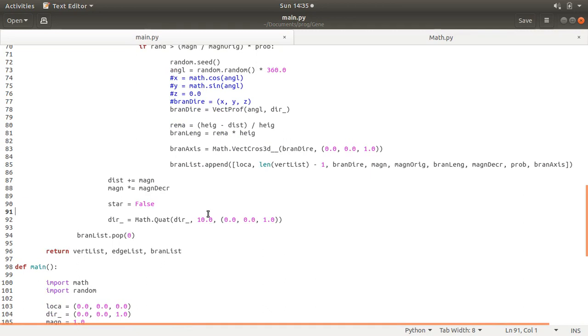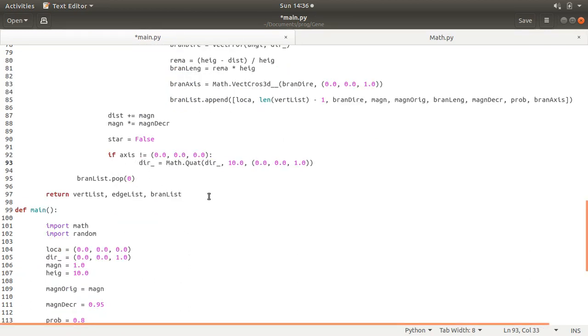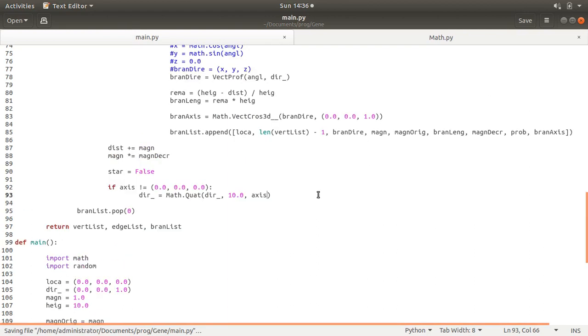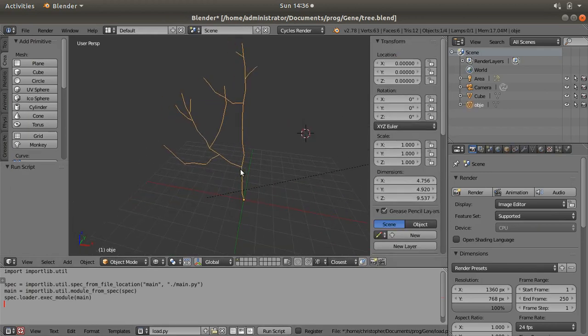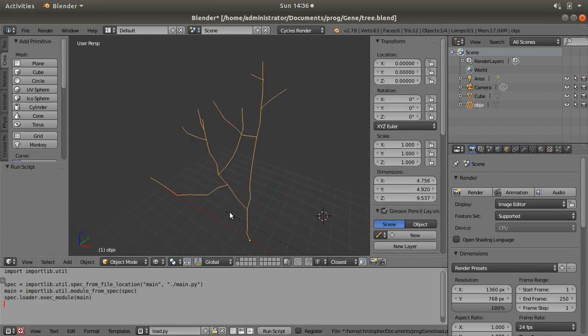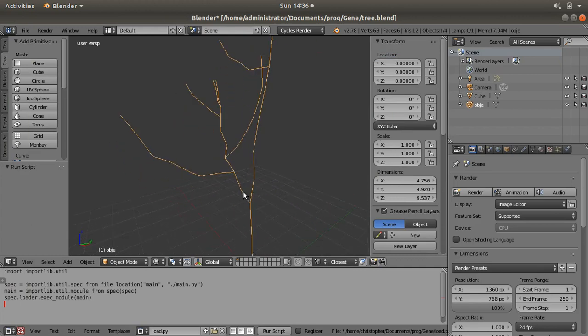And here I'm going to check that the axis is not equal to the 0 vector, and make axis my rotating axis. And okay, so basically by